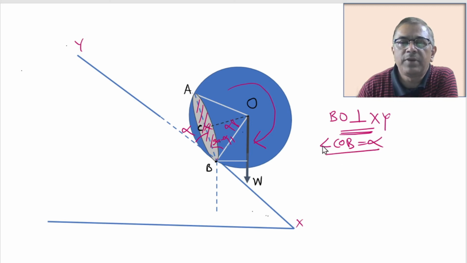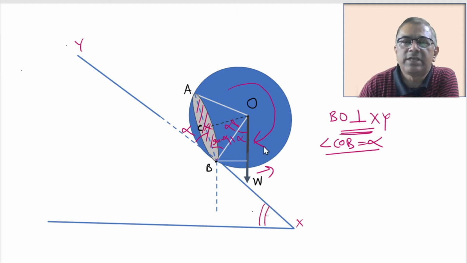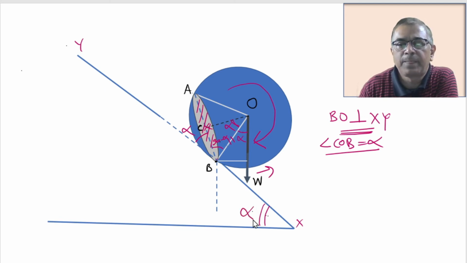Further, a simple argument will also suggest that as weight W is always vertically downward, this angle BOW will always be equal to alpha. At this particular moment, when this football is about to roll, the angle made by the plank with the horizontal is alpha. Now in triangle COB,